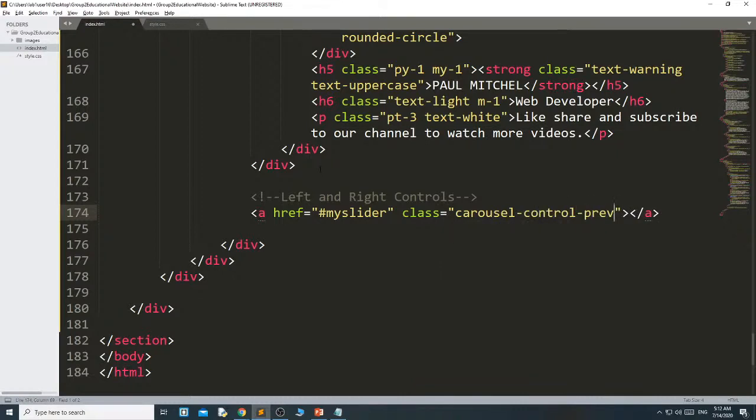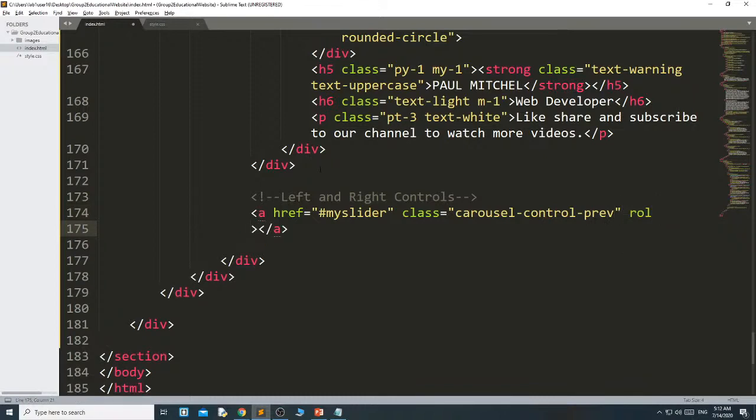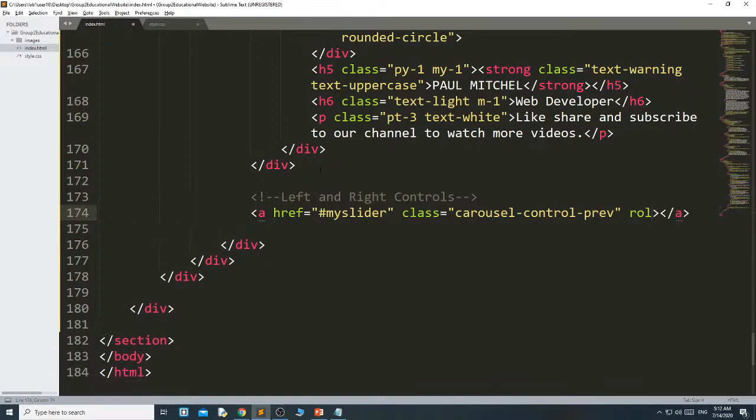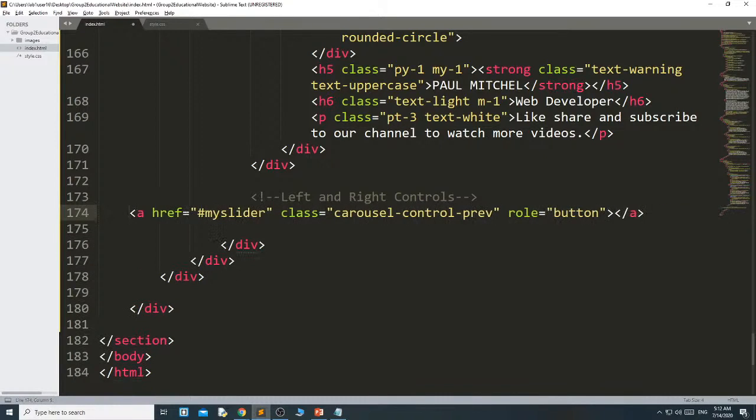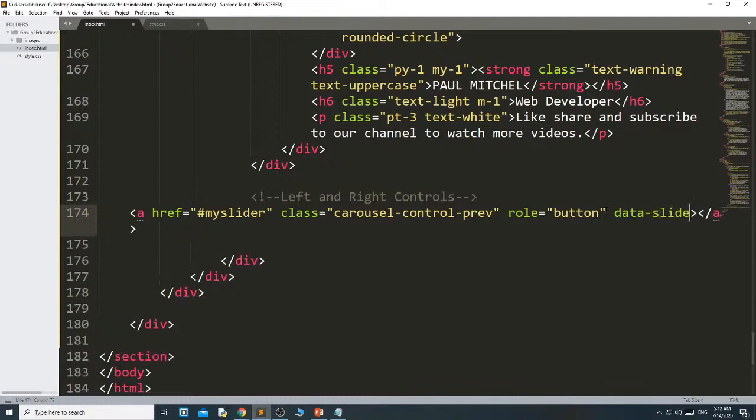previous. Then its role will be button, and data slide equal to previous.